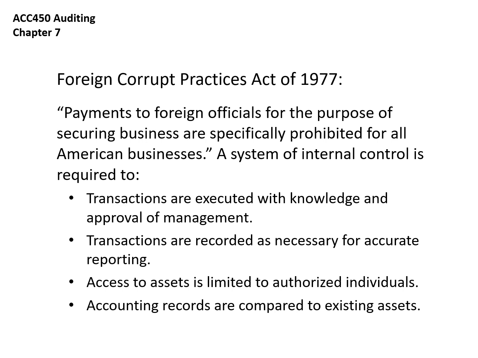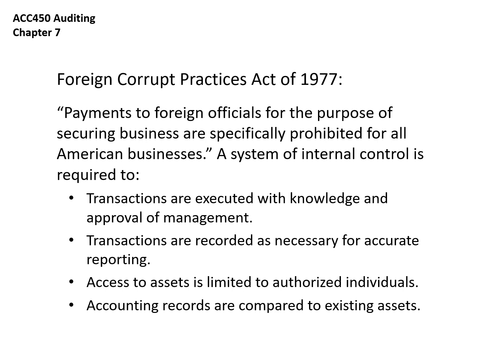So the Foreign Corrupt Practices Act of 1977, that's a U.S. federal law, and it deals with people that make bribes to earn business in foreign countries. Now that may or may not be legal in the foreign country, but it is illegal for any American business to do that. The penalty is fines and prison time for business executives. So it's something that should be treated very seriously. So this particular act put in place a requirement for internal control, and this kind of predates Sarbanes-Oxley.